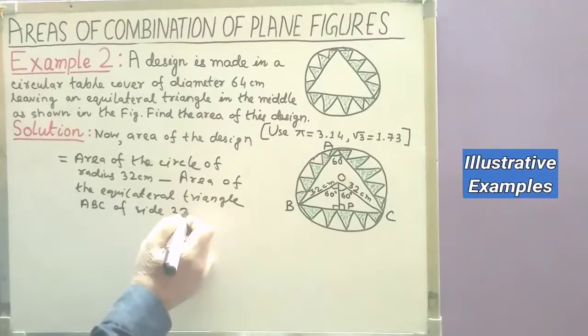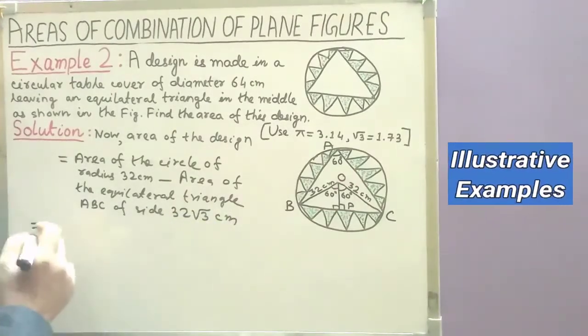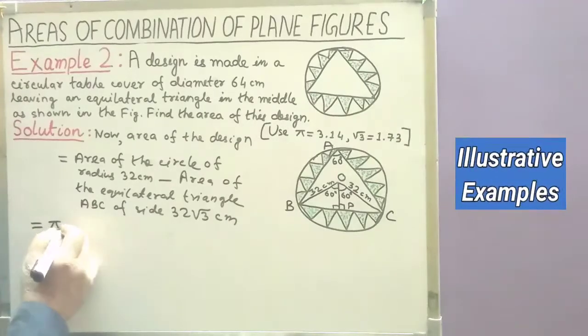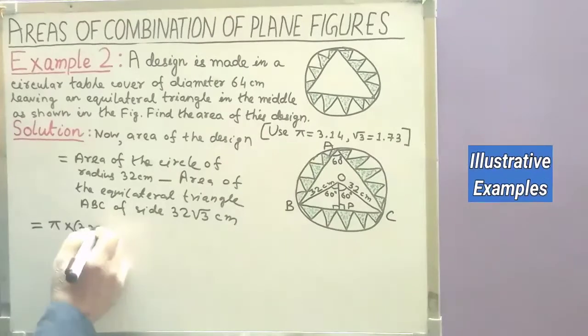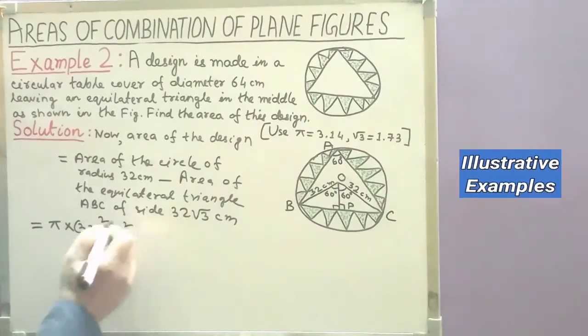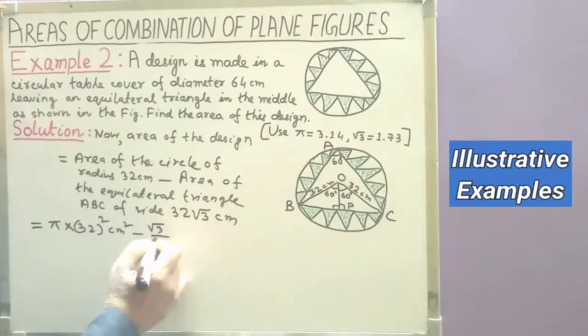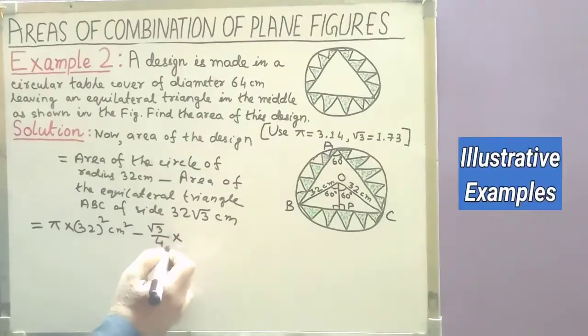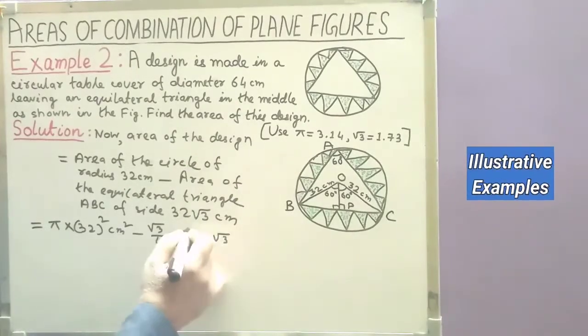Using the formulas we can find the areas of these plane figures separately. So we get pi into 32 centimeter whole square minus root 3 by 4 into 32 root 3 centimeter whole square,